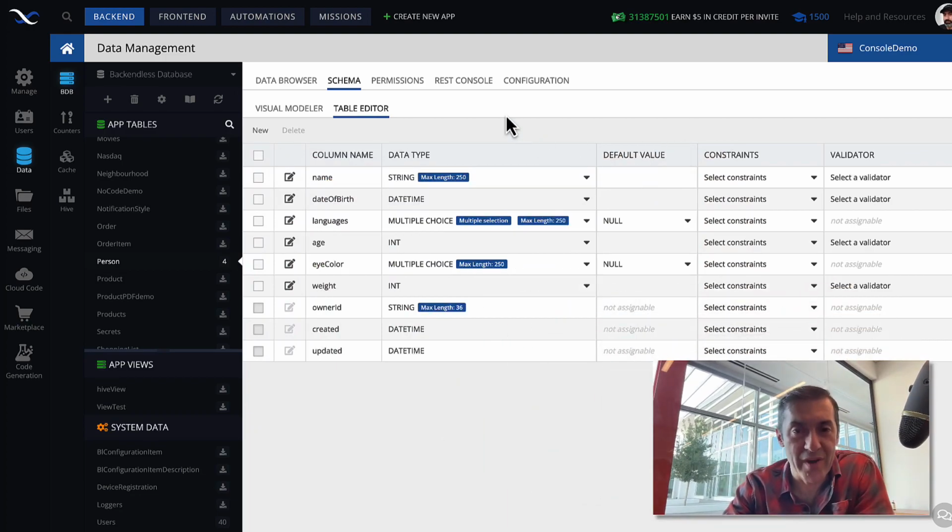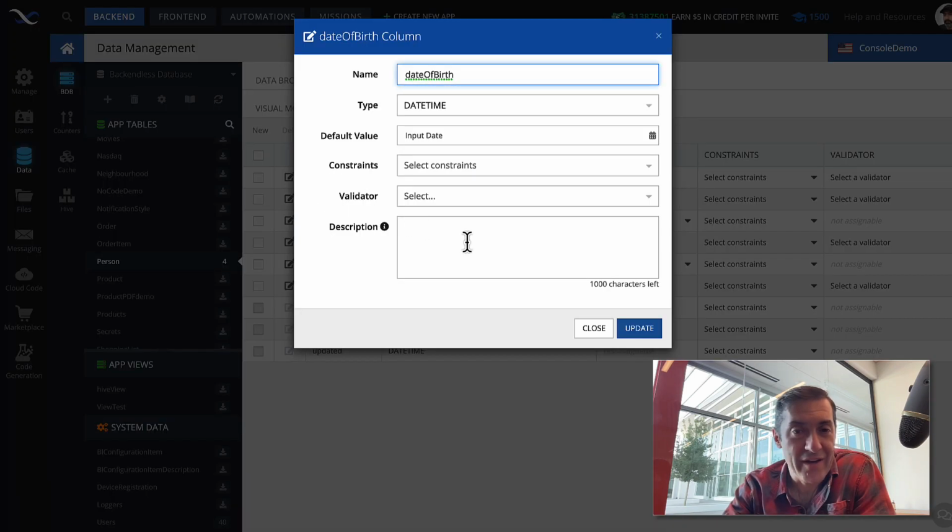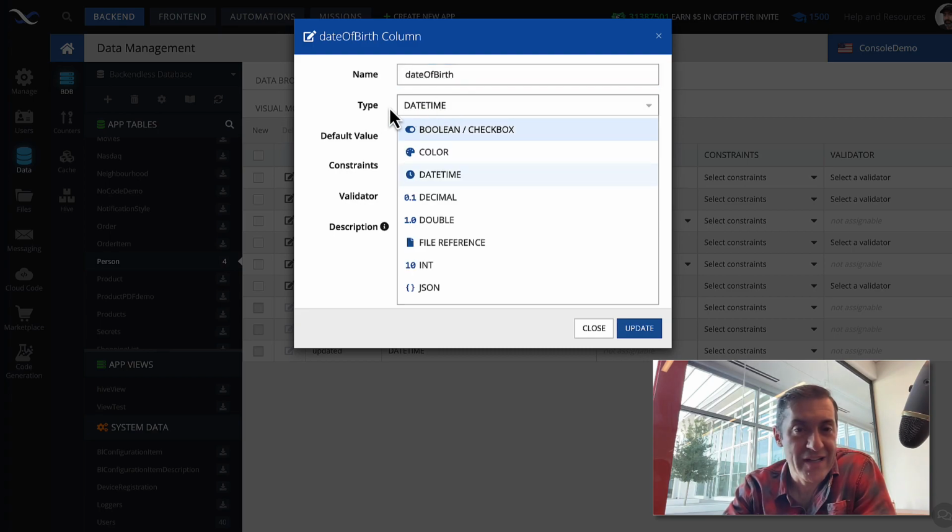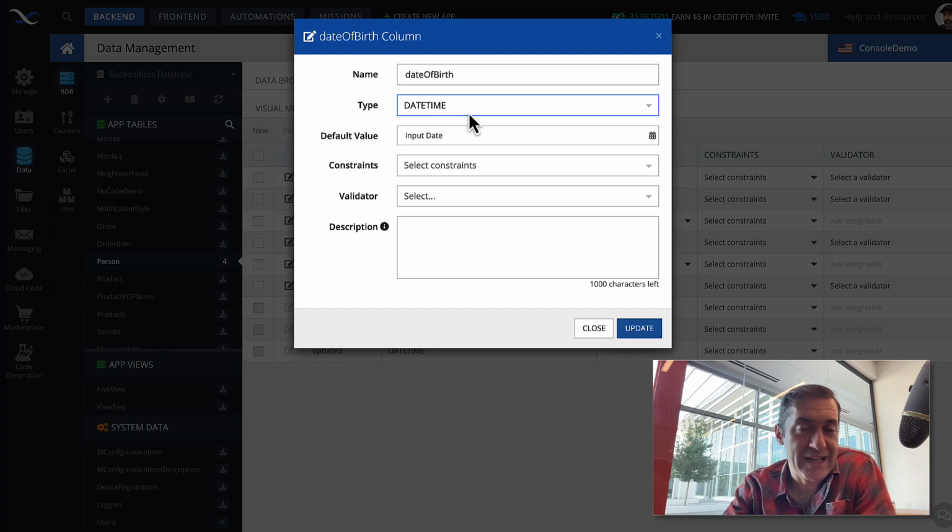Let's start with configuring a column. In fact, we already have one column with that data type. It is the date of birth. Let's take a look at how it is configured. Very straightforward. You provide the column name, and then in the type drop down you select date time. Once you select date time, what this does is it instructs the database that the data stored in that column will include information about date and time.